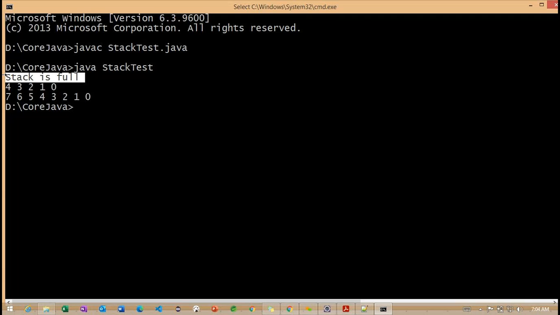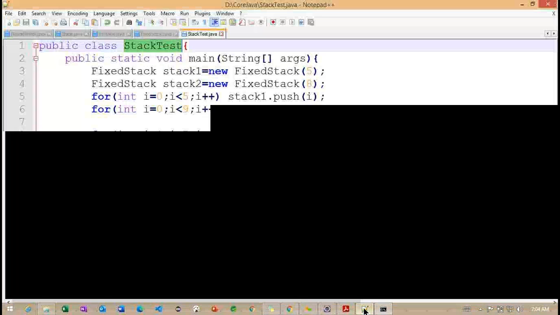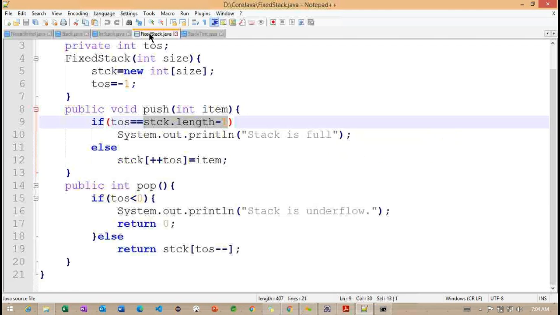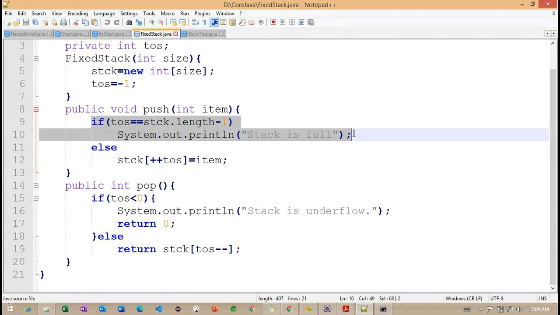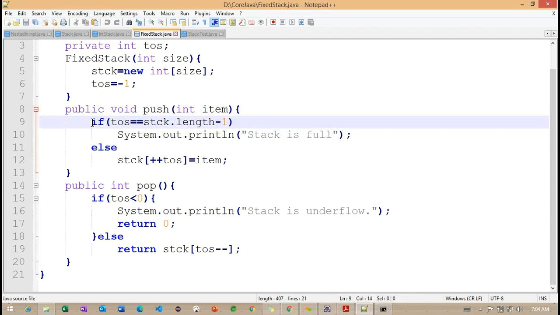What are the ways we can increase this array? If you observe carefully, this condition is satisfied and this message is printed.